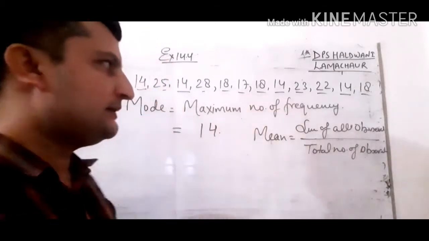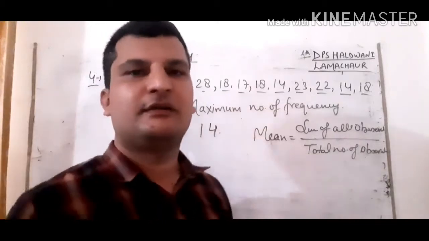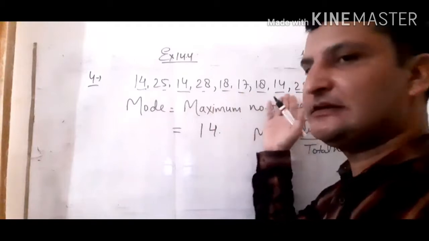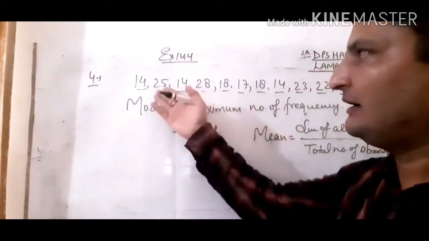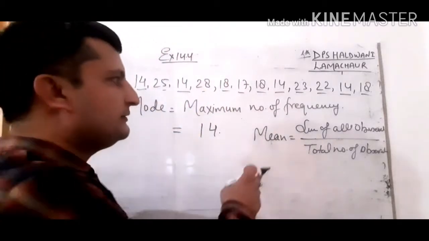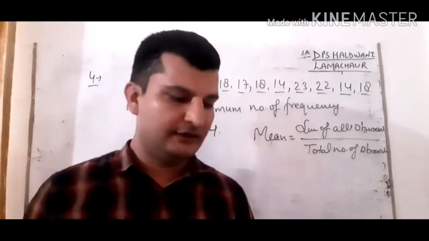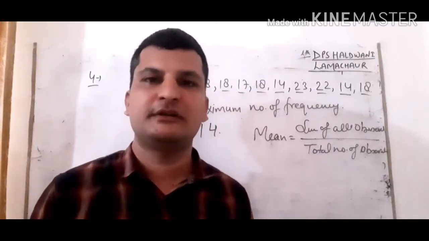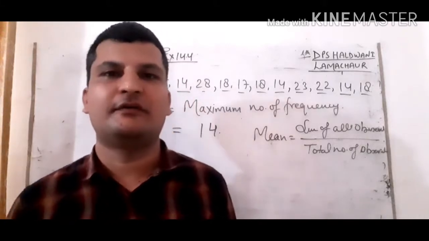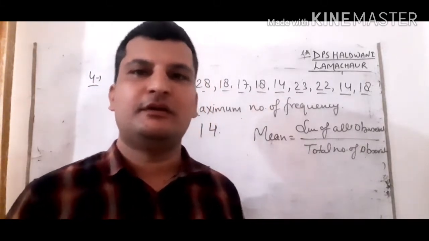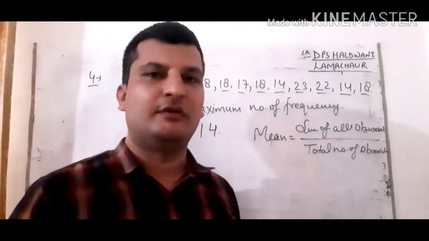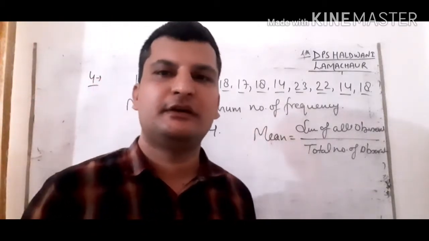Students, we know that mean is equal to the sum of all observations divided by the number of observations. But this we can do when the values are given in this form, like 1 2 3 4 5 6. We can simply add and then divide by how many numbers there are. Suppose the numbers are 12, so we can divide by 12. But in this question it is given in tabular form, because salary is given and frequency is given. We have to find the mean of this data, which is given in tabular form. So how can we find the mean of the data?